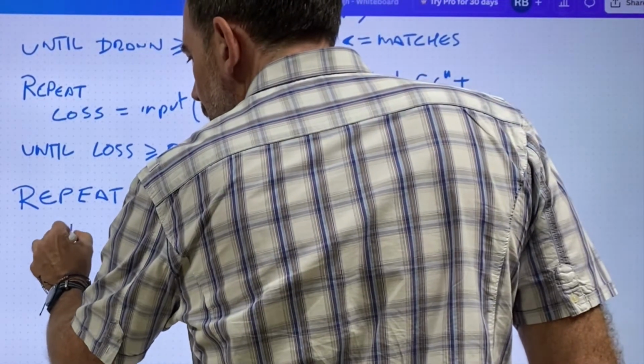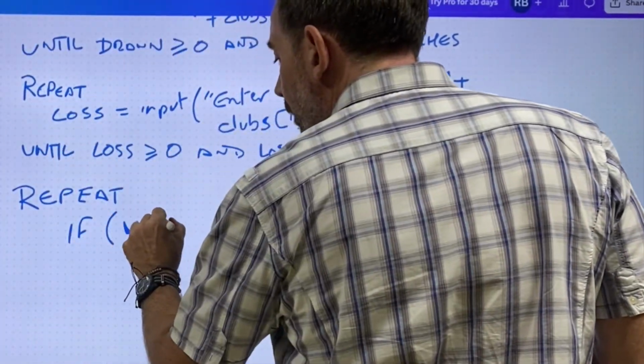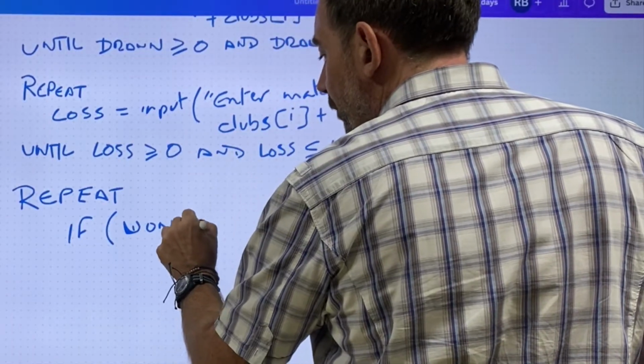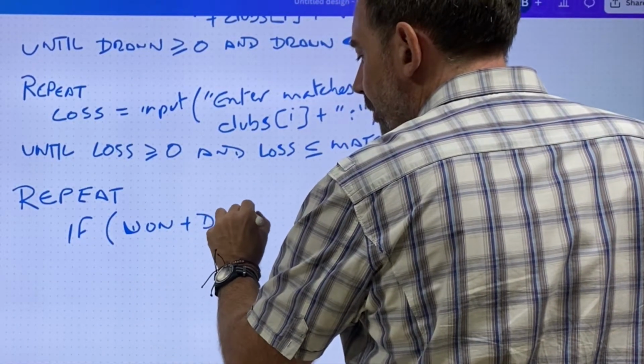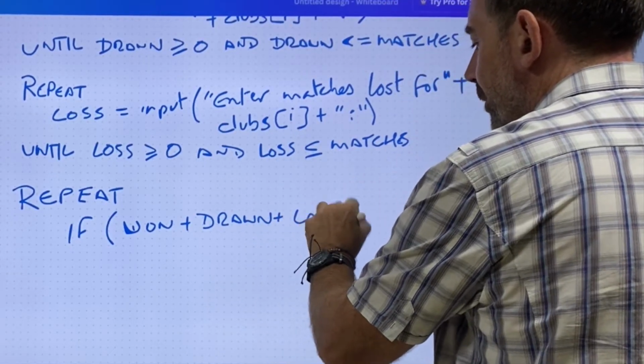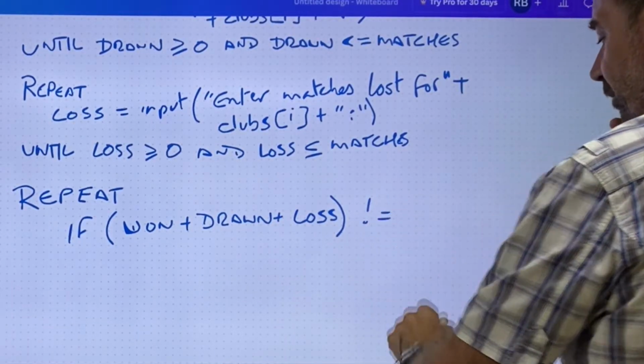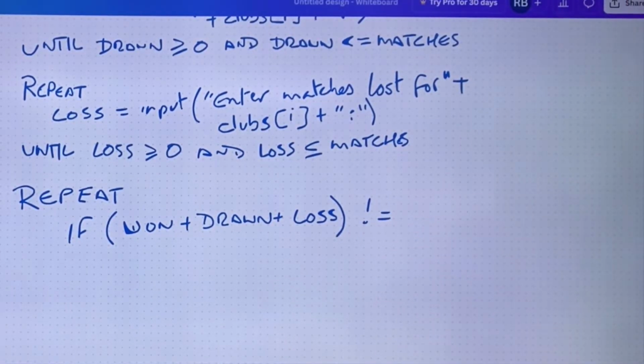If, this is my validation. If 1 plus drawn plus loss, and does not equal, I can't remember it as a pseudocode, in Python it's like that. If 1 loss draw does not equal matches,